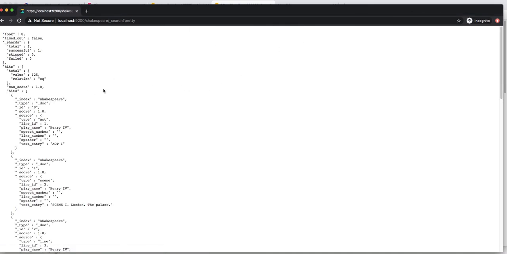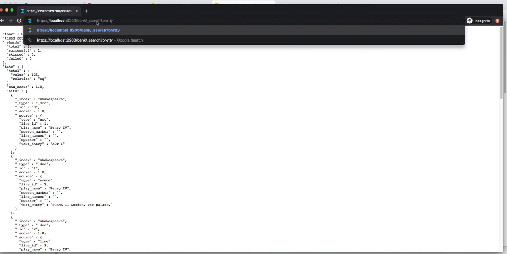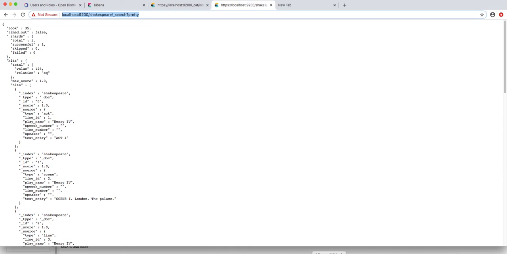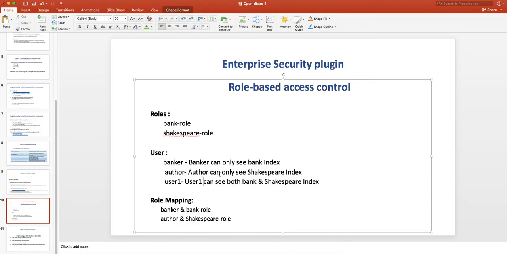User one is able to access Shakespeare index, and I'll just change the index, and I have not done any user change, and user one is able to access bank index also. So basically user one is able to access both the indexes, banker is only able to access bank index, and author is only able to access Shakespeare index.